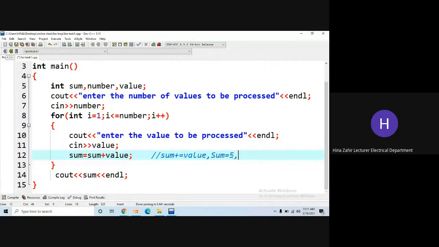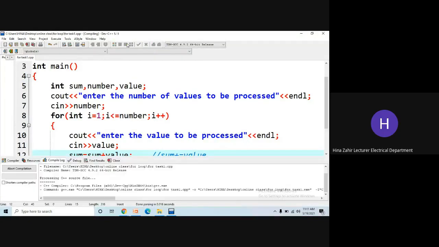Now what does it say here, sum is equal to sum plus value. So that means add value to the old value of sum, यानी कि सम में जो पुराना पड़ा हुआ है उसके साथ नया ऐड कर दो. ये हमने किया था. तो सम में इस वक्त 5 पड़ा है. So if the user enters 10, then it says sum is equal to sum plus value. So sum is already 5, then that means that we have to add 10 to it. Now it will be 15. Then in the next iteration, whatever the user enters will be again added to the 15, and so on. And at the end, we are just displaying the sum.